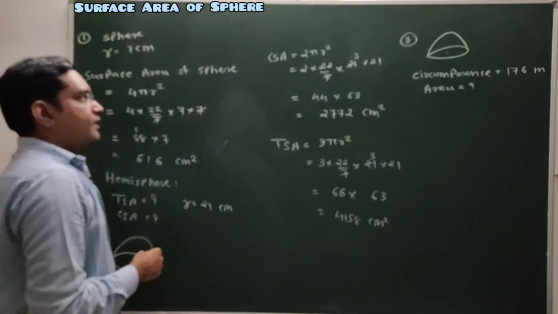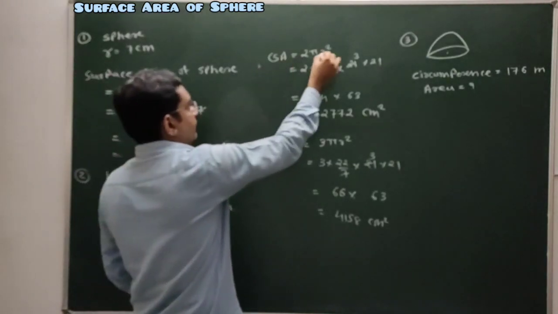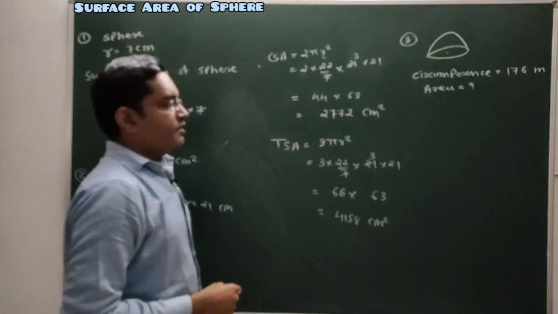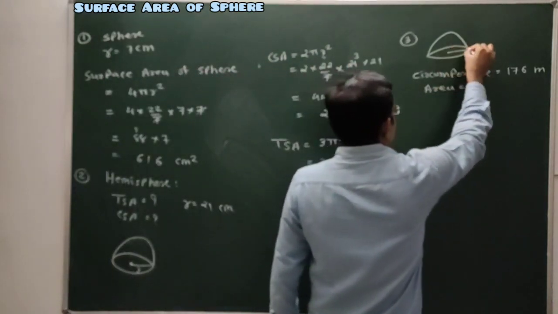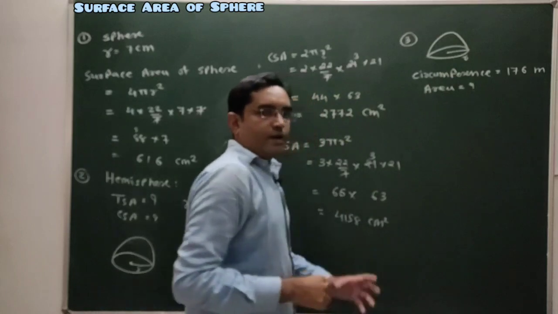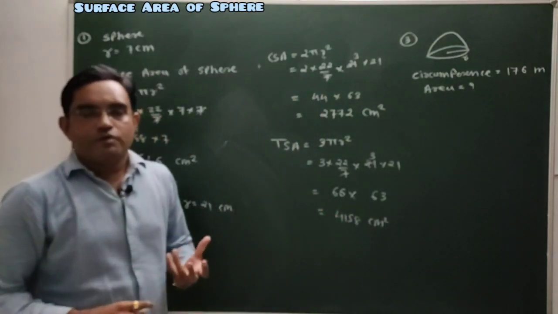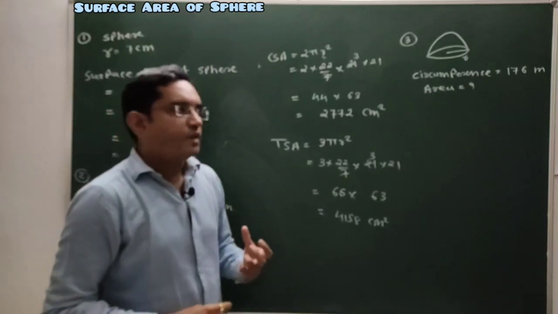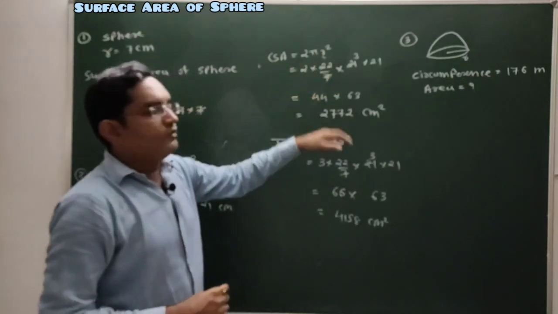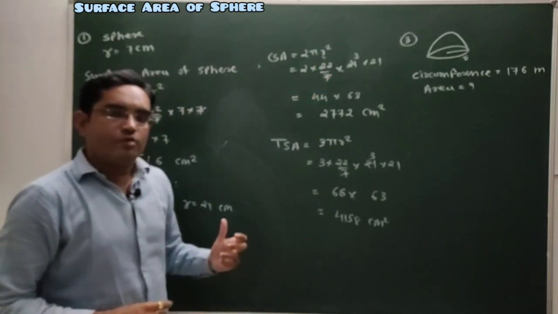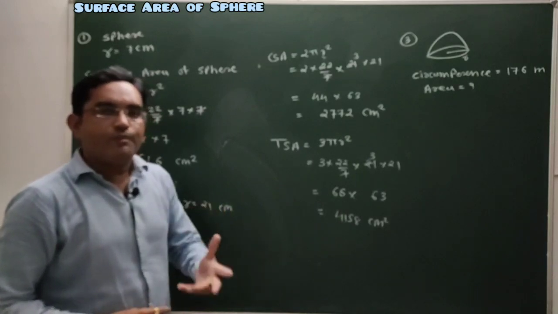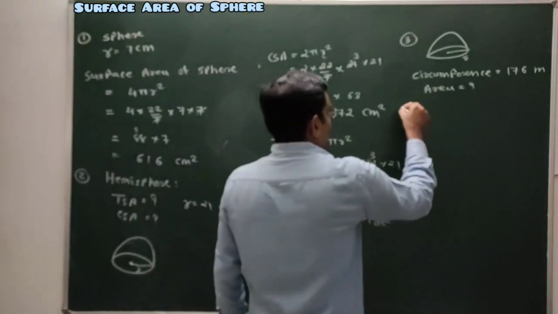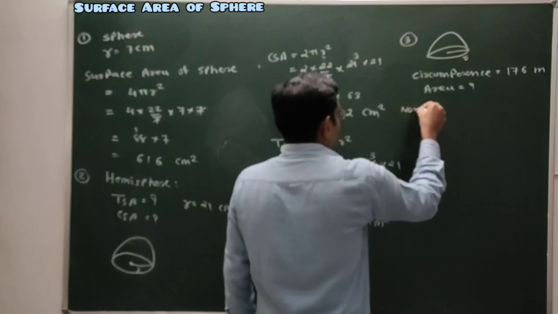Done. So to find the curved surface area of any hemisphere, we require the value of radius, and instead of giving the value of radius of the circular base, we are given the circumference of the base. So by using the circumference, first we have to find the value of radius, and after finding the radius, we will find the curved surface area of this dome, that is the area of the dome to be painted. Simple sum. So now let's start with this circumference.